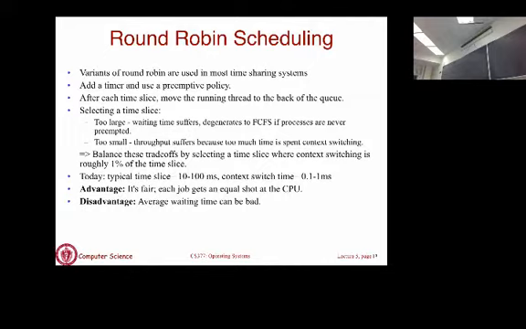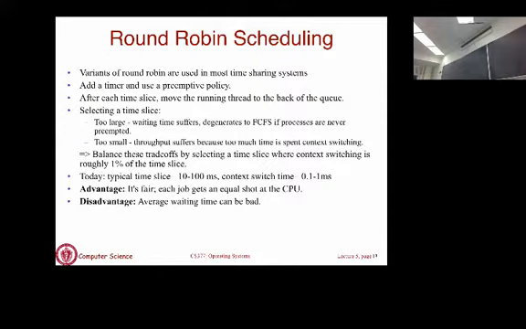Now there are some interesting design details. The first one is, how do you decide the length of your time slice or time slot? What considerations might an OS designer use to guide their decision? Okay. Now we will not say if you should pick X. What we'll see is what are the trade-offs if you pick it too small versus too large. Okay. So if you pick a large time slot,